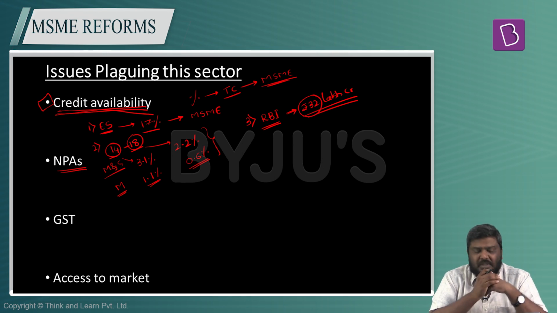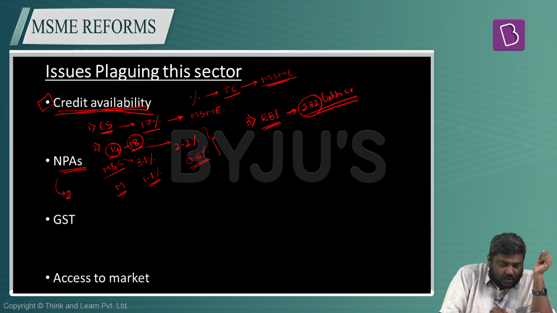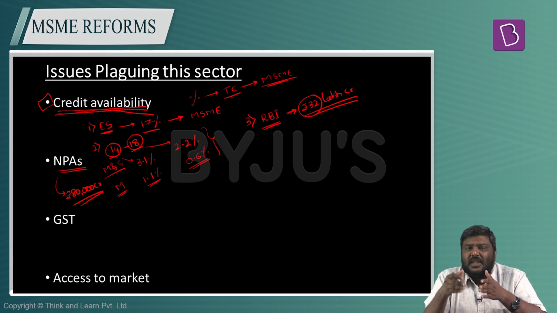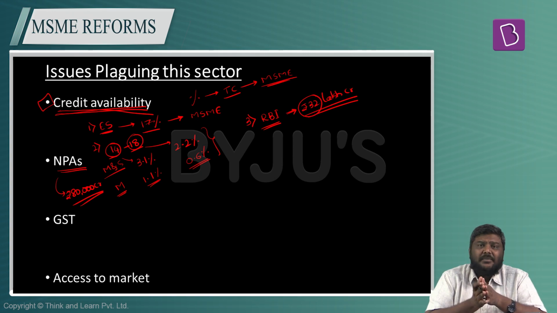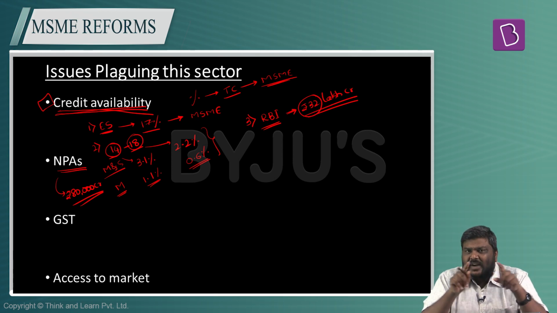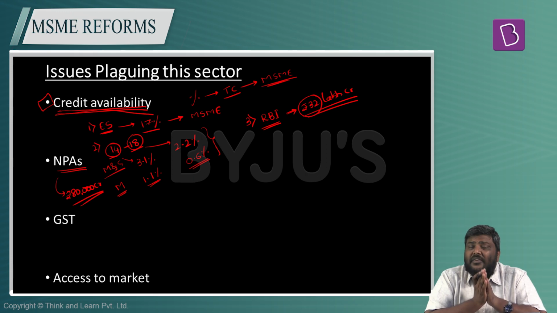As per the latest estimates, more than 80,000 crore worth of loans which have been given to the MSME sector have become non-performing assets. And it is estimated that this is going to increase in the coming years also. And very recently, in a note presented by the former RBI governor, Mr. Raghuram Rajan, he has stated that the targeted lending to the MSME sector is one area where the future NPAs will get generated. Because he says, whenever the government of India targets lending to the MSME sector, they will decide the